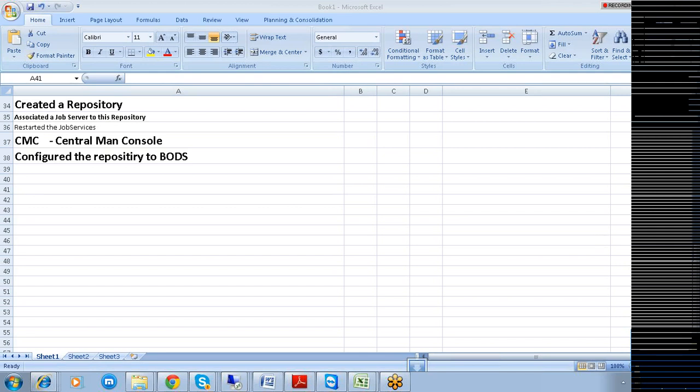Yeah, sure. MARA, VBAP, VBAK, the same sort of header and item tables. Okay, VBAK and MARA. These are the three things you are typing. Okay, great.